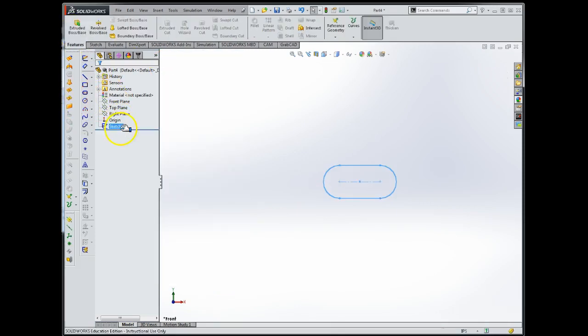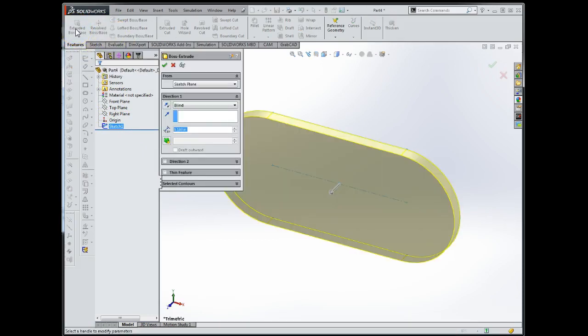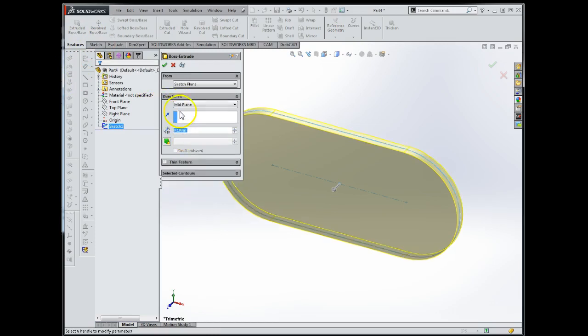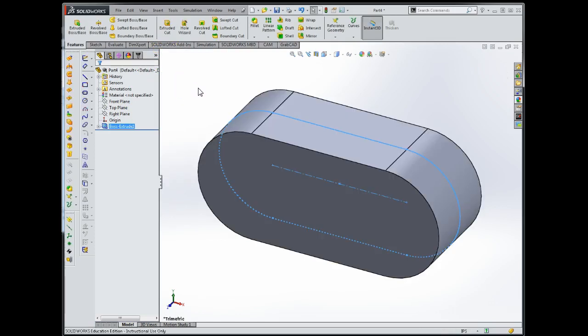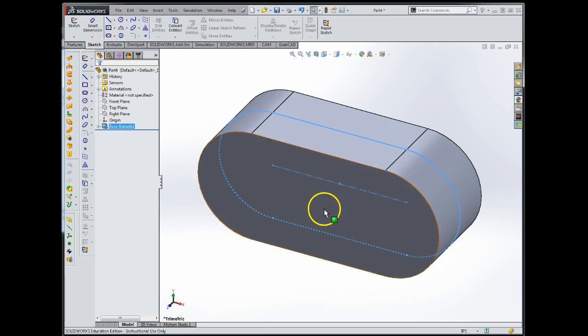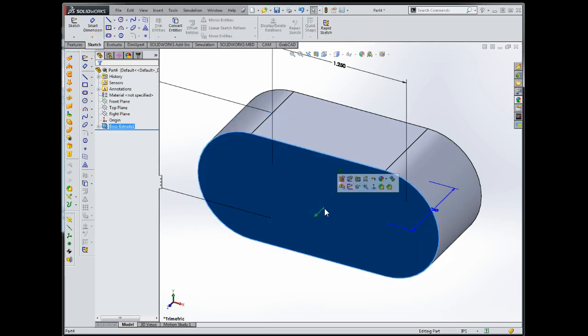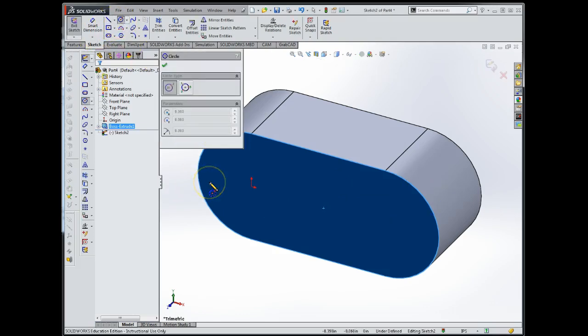I'm going to exit our sketch and go to Extruded Boss. Once again, we're going to select the mid-plane option, extrude in both directions with a depth of 0.75. Create another sketch using this plane, and we're going to begin with some circles. In this case,